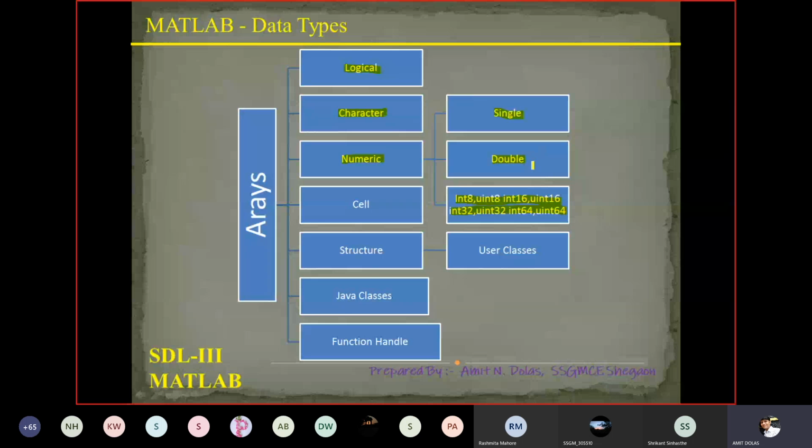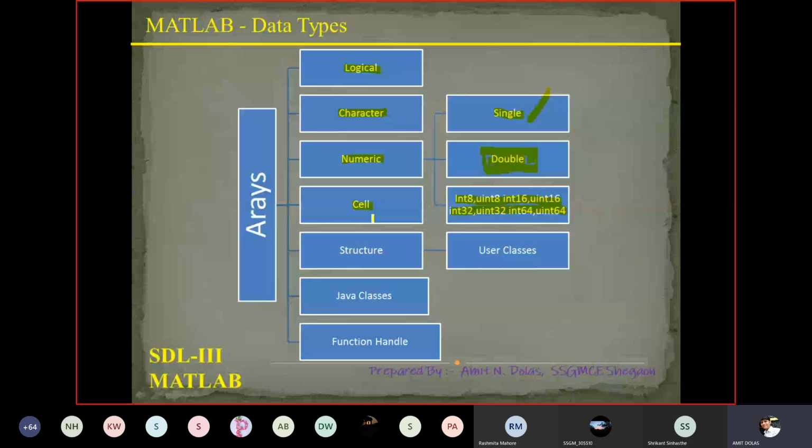By default MATLAB has the double data type, and if you want to work on another data type, either integer, unsigned integer or single, you have to use functions to assign or change the data types. Then there is another data type, that is cell. We'll go into detail, of course.